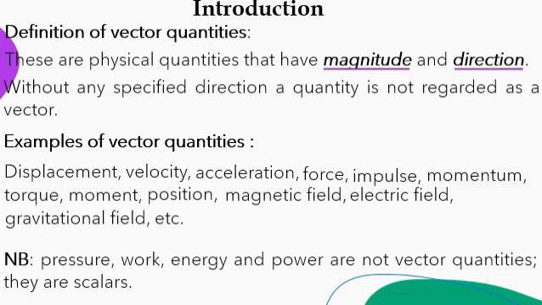So our focus here is vectors. So we won't say much about scalars. But why are we mentioning this? If you look at pressure, the formula for pressure is force over area, and the formula for work is force times displacement. You can see that force is a vector quantity and is appearing in the formulas for these quantities, work and pressure. So you may want to think that work and pressure are vectors. Meanwhile, they are not vectors. The proof as to why they are not vectors is not captured in the scope of this lesson. The same thing goes for energy and power. They are scalar quantities. So this brings us to the end of part A, the introductory part of this lesson